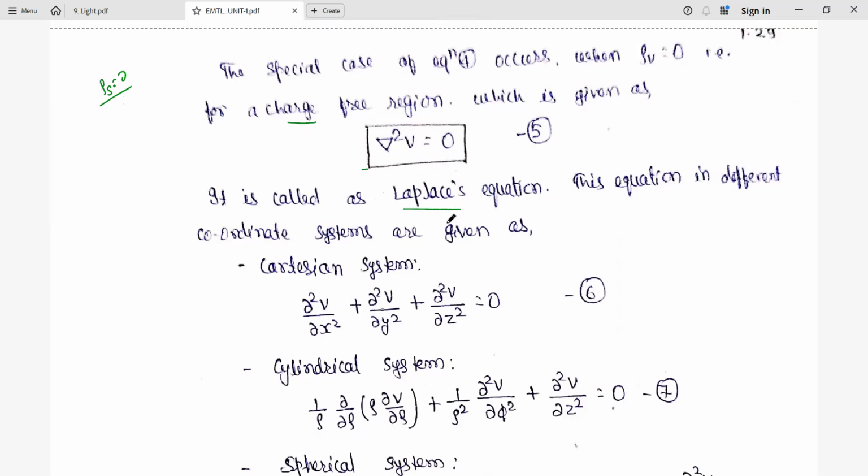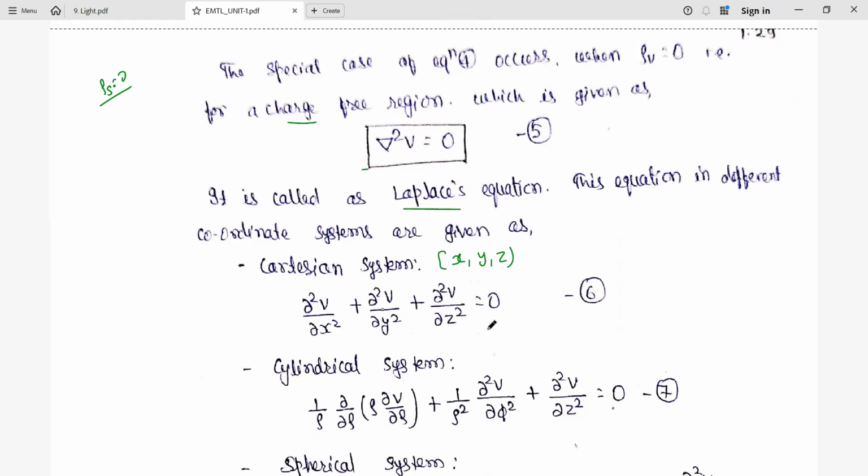This equation we have to write in the different coordinates. First we are going to see the Cartesian coordinates. In the Cartesian coordinates, the variables are x, y, and z. So here we have del square V equal to dou square V by dou x square plus dou square V by dou y square